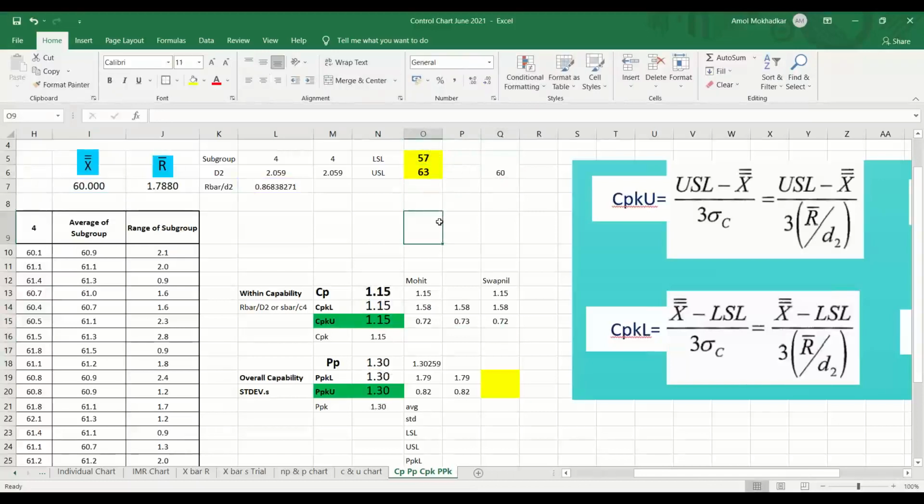So basically you need to center the process and reduce the variation, then only can you improve. These are the only two ways to improve your CPK. So always look at where your average is moving: the average of the specification, the center line of the specification, and the average of the process. Clear?